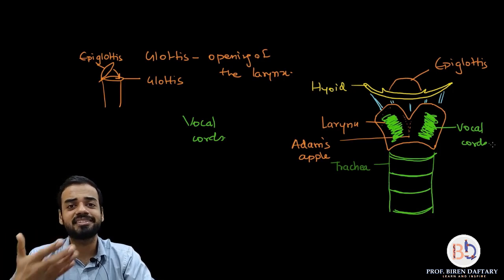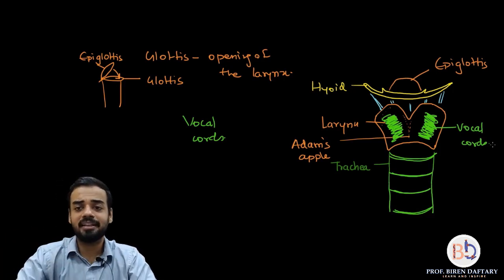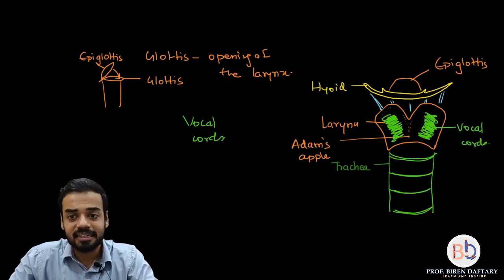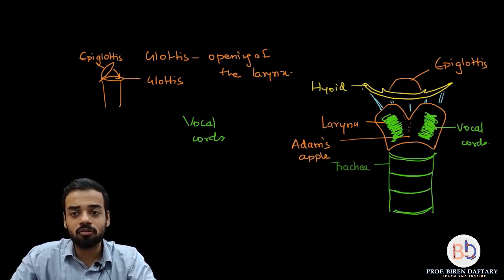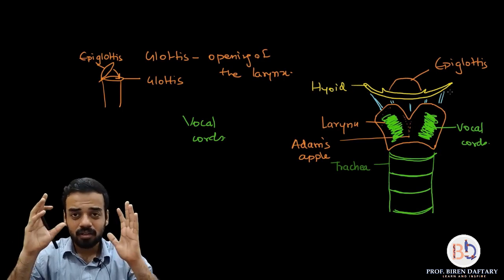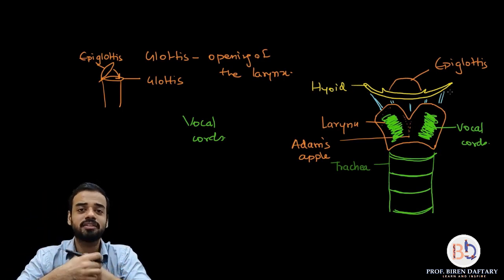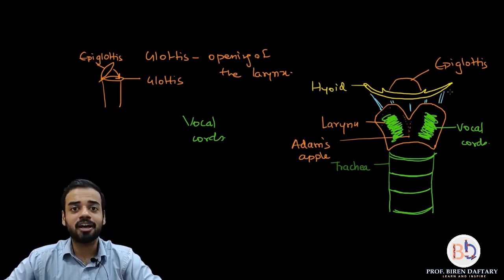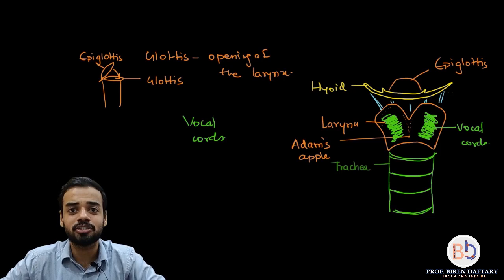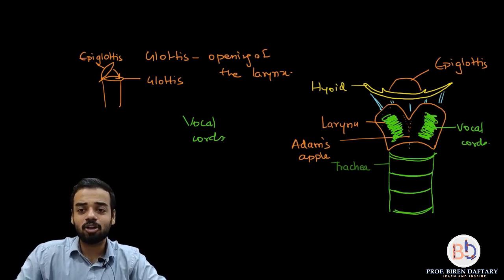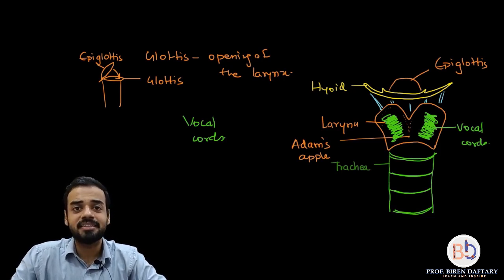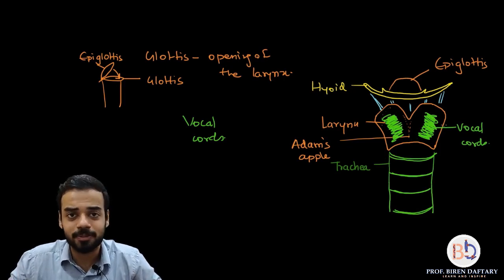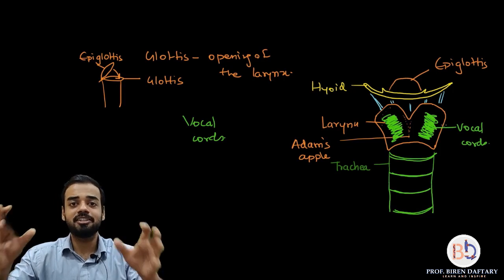Okay, so they are present exactly behind the Adam's apple, and these are a very important part of your larynx. Is this clear? Okay, so I have already told what the hyoid bone is. Now if you see the diagram in the textbook, you will see parts called the thyroid membrane or thyrohyoid cartilage. All these words you will see. Please remember that on this larynx there is a gland called the thyroid gland which is attached. Okay, but it is not a part of the respiratory system. So that is why these parts have been labeled.